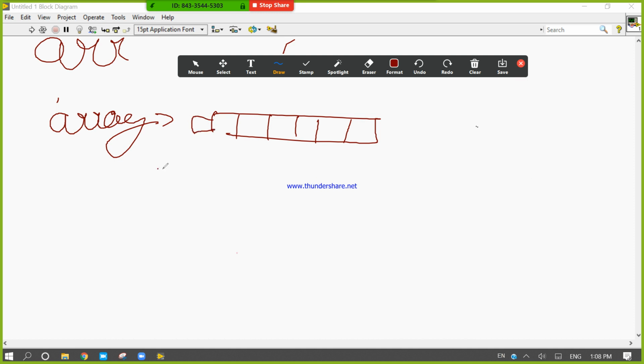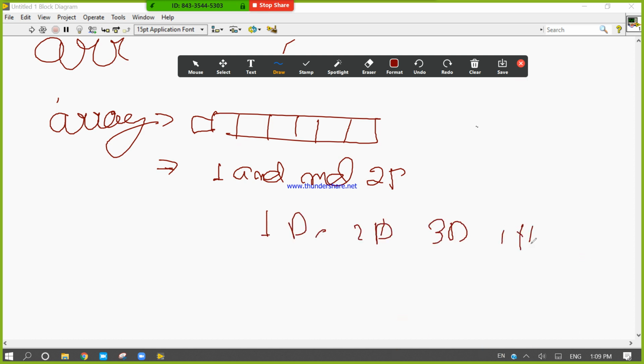First. Second, array has one and more than two dimensions. It's 1D, 2D, 3D till nD. The maximum size of array: how much data can array contain?